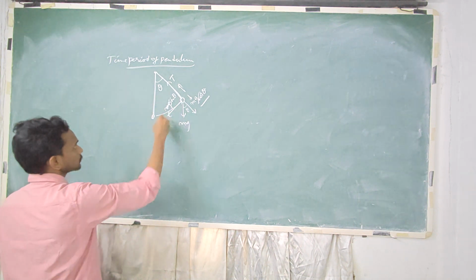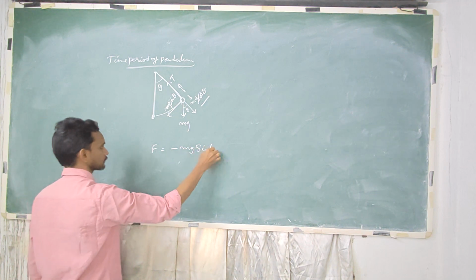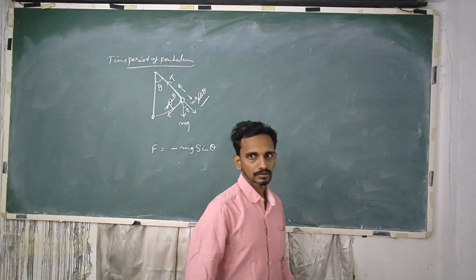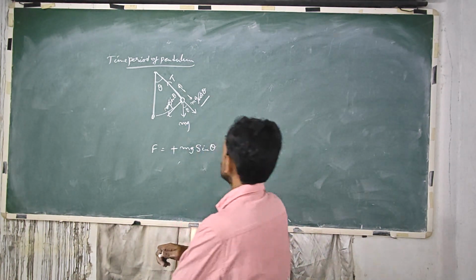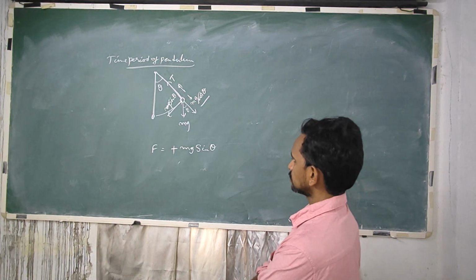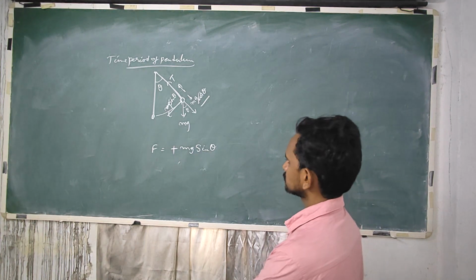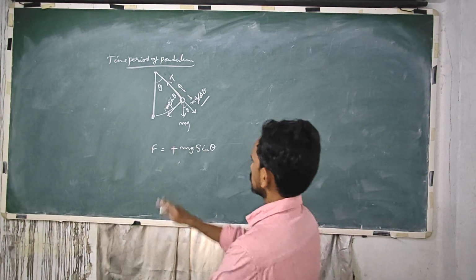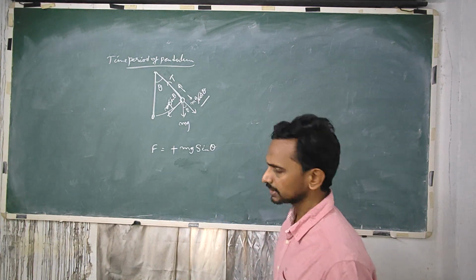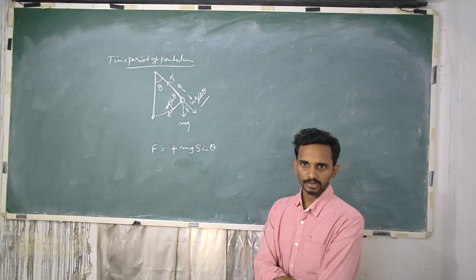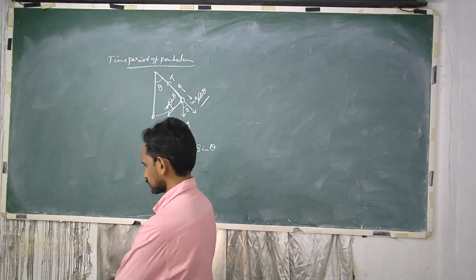So now the contribution to force is coming from the sine component, mg sine theta. The force is mg sine theta. What is the differential equation? So dimension wise, this is clear. F is mg sine theta, no dimensions. Okay, so this is the force equation. So we have to write